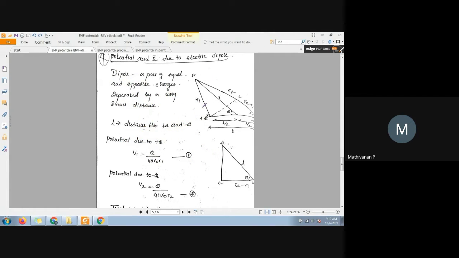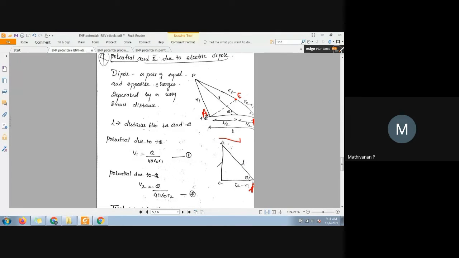Now I will remove all those things. The same thing is represented here. You can find out all the data, and I'm going to name this point. Okay, this perpendicular line is going to be C, and I'm going to name it as A, and this is going to be B. Okay, and I've redrawn this triangle here, so you can find out this. From A to C, we are not going to have any value over here, but from A to B, the entire length is going to be L. So this is L.